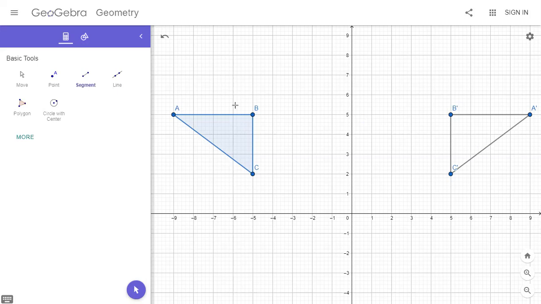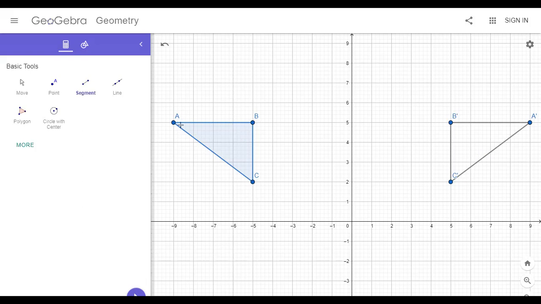This is a perpendicular. Let me take the point A. From this mirror to the point A, the perpendicular distance is here 9 units. This distance from the mirror to point A is the same as the image distance. The object distance and the image distance will be the same.